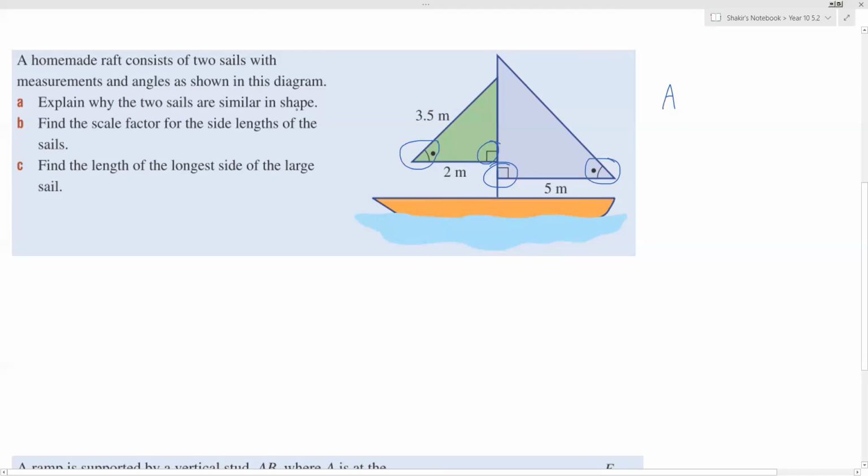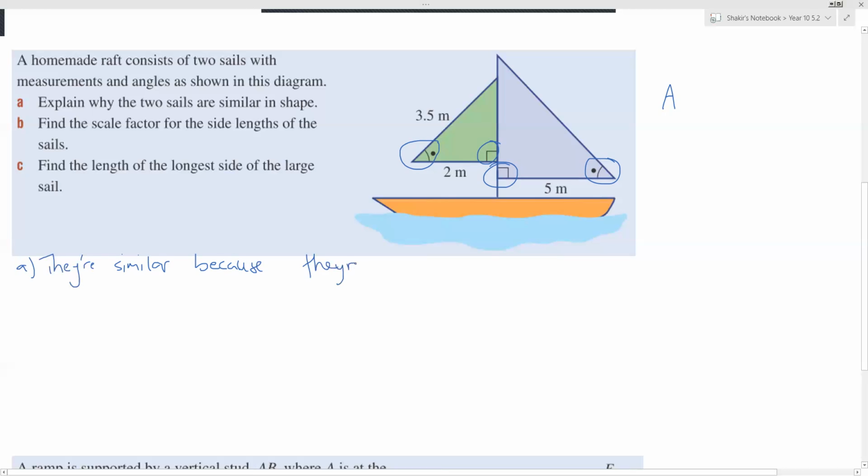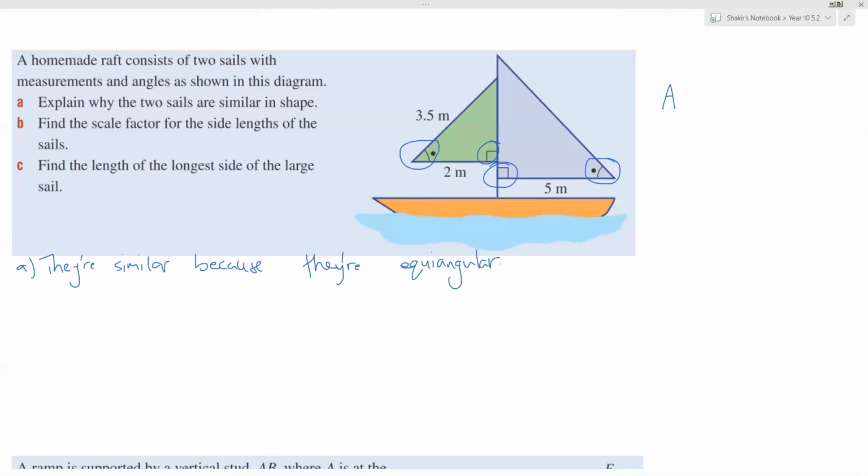And explain why the 2 sails are similar in shape. They're similar because they are equiangular. Okay, and then we move on to